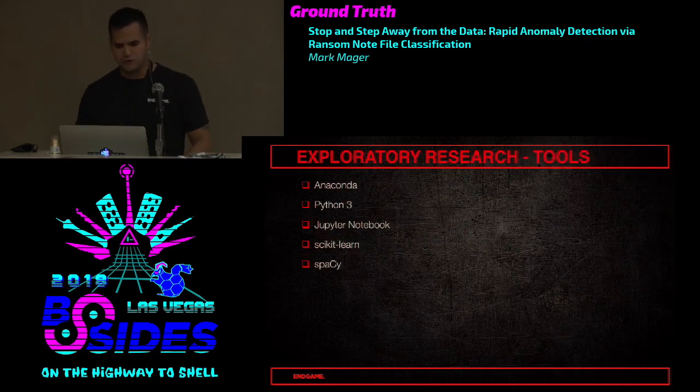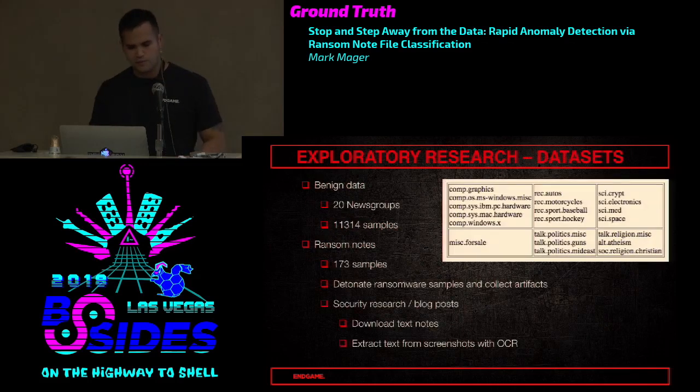So, quick overview of tools I'd be using: Anaconda, Python 3, doing most of my work in Jupyter Notebook, Scikit, and spaCy.